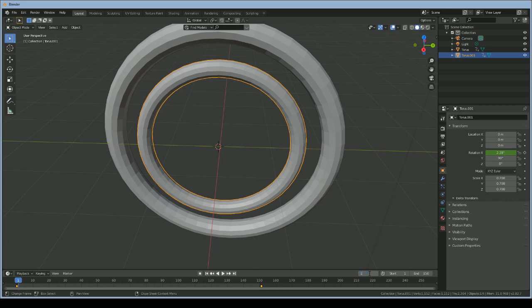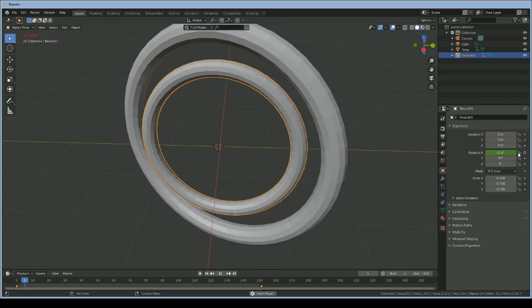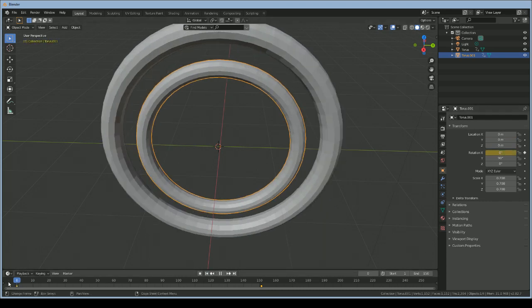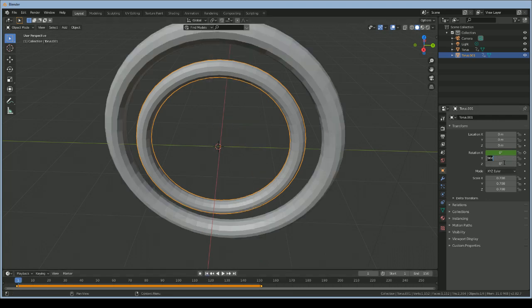Go to frame 151 and then hit 0 on here. Why is that still moving? Okay, that's why. Bam, hit that. Cool, not moving. Awesome. And then on the Y, we're just going to change the same thing, negative 360